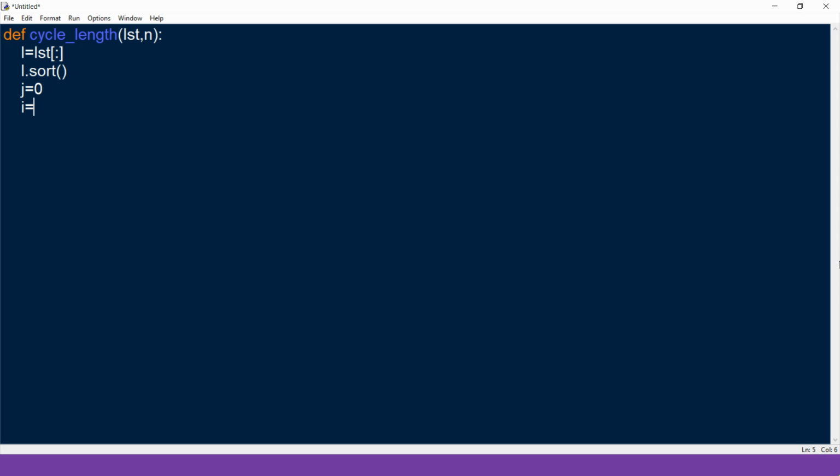And I is the index of the value which is given, that is n, and also k. K is the index of the position that we need to change.